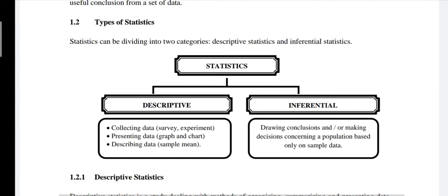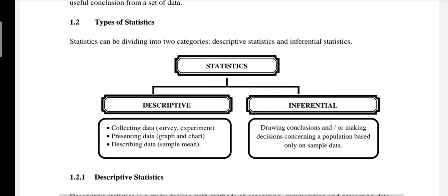If we only do the survey, just buat bancian untuk kesemua population, we cannot proceed with the inferential, sehingga descriptive sahaja, sehingga kita boleh present the data using graph and chart sahaja. But if we only take the sample from the data, we can represent all the population. Itu dipanggil inferential statistic. We can make the decision or we can conclude the entire population based only on sample data. Itu adalah beza descriptive dan inferential.